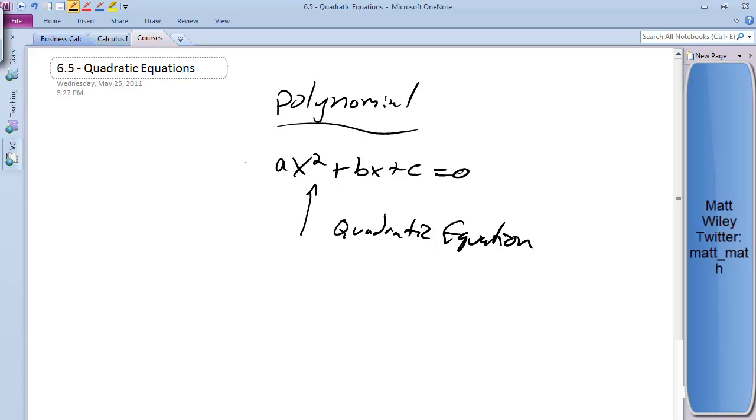And a polynomial, though, could have all sorts of things. There could be x cubed, x to the third, x to the fourth, x to the fifth, and so on, all up here. But we're just talking about the quadratic ones. It's a fact in math, not that we really talk about it too much in this class, if at all,